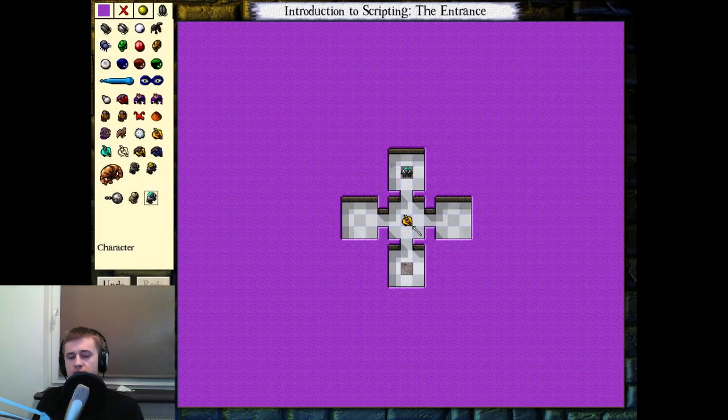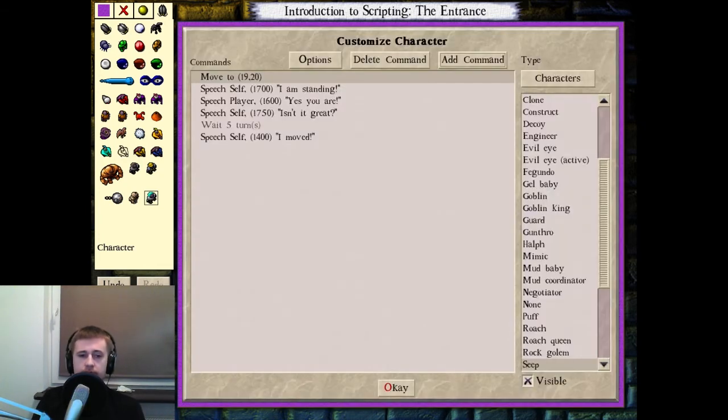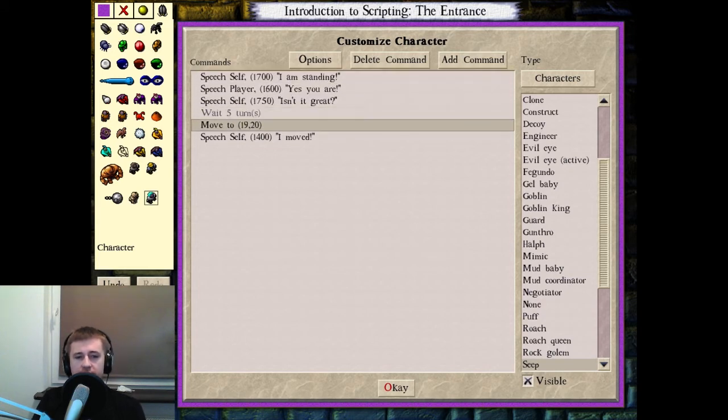That's a very important thing to know, and in the later videos I'm going to go into detail how exactly this mechanic works, which commands are blocking and which are not, but let's not cover this right now. So let's move it back. And after the character reaches its destination, this command stops executing, and on the next turn it will go forward